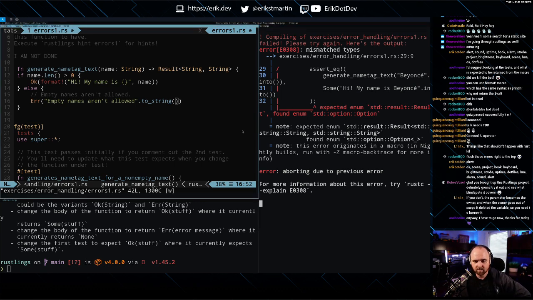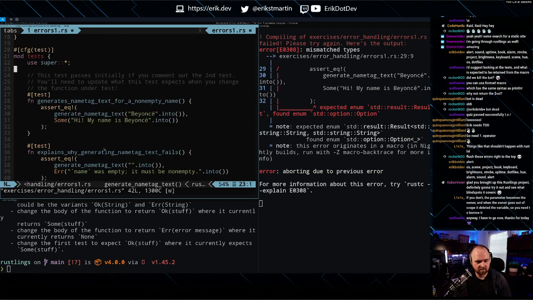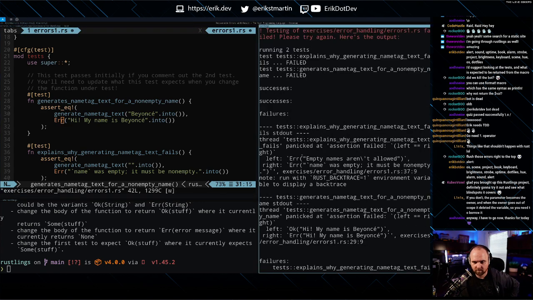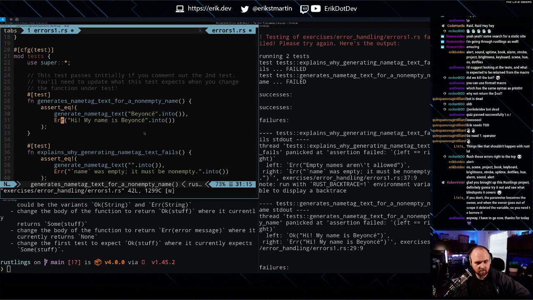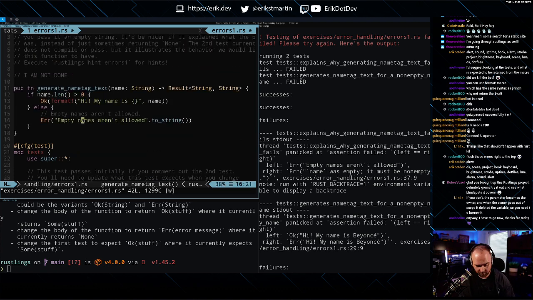And then this is going to be our failing test because this still wants. Ooh, failed test. Explain why generate fails. Panicked at assertion left equals right. Oh. So we want name. Name was empty.